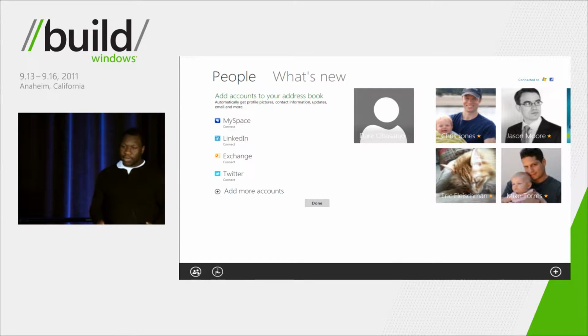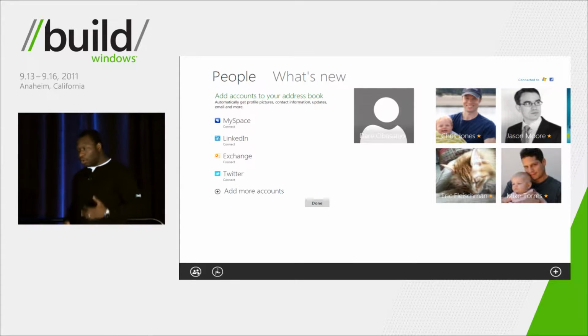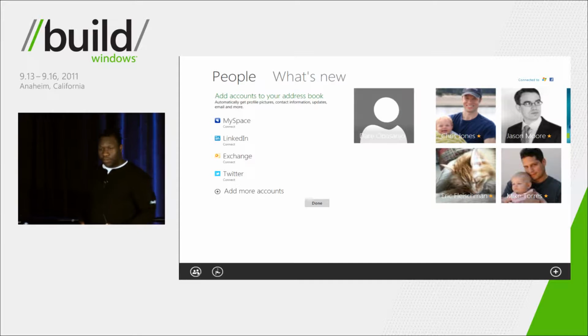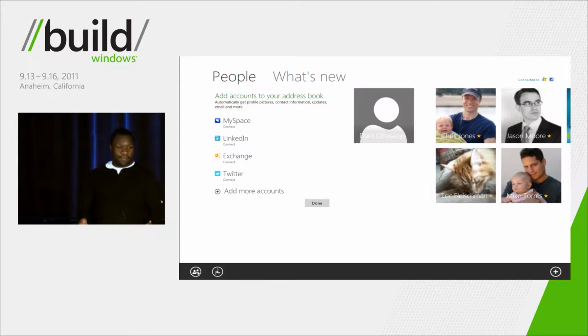I was authenticated by the operating system, and it could start going to Live service to get my profile information, my photos, my contacts, what have you. My identity is just a function of the operating system, and all applications, not just Microsoft's applications, but your apps as well, can take advantage of the fact that my identity is a cornerstone of the operating system and just a piece of the operating system that I can ask for the same way I can ask for a file handle or networking functionality.